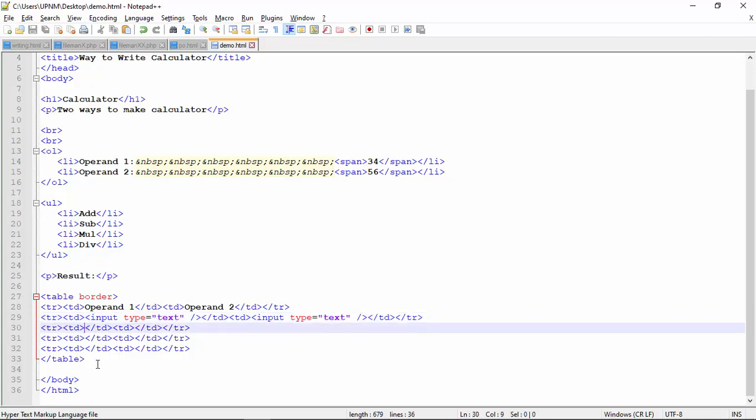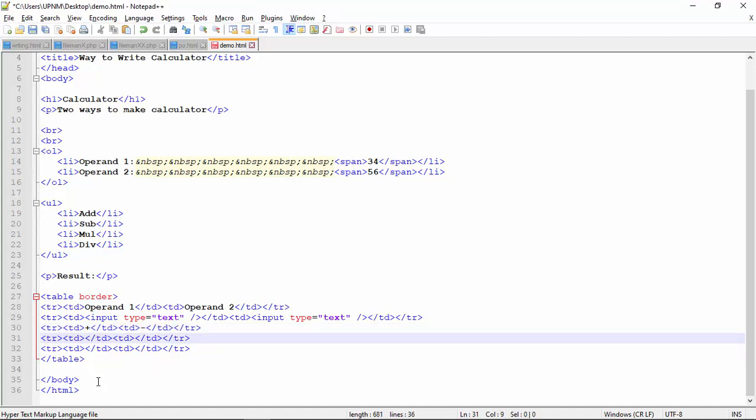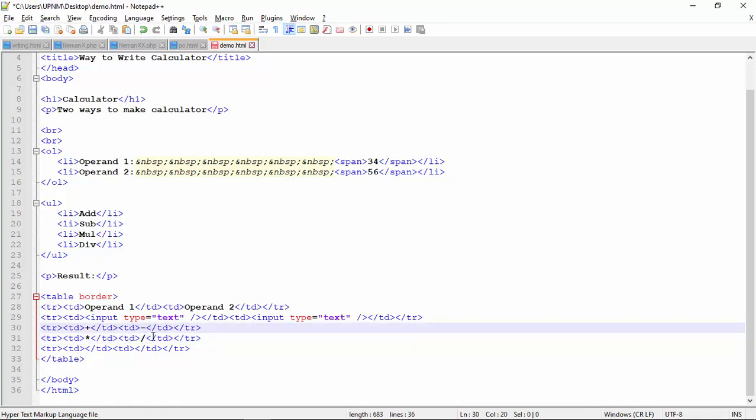And then we want to put the operators: add, and then subtract, multiply, divide. But you see, we don't want to use this operator. We want to use the actual subtraction operator. This is actually a dash, this is a slash, not a divide operator. This is an asterisk, not a multiply operator.